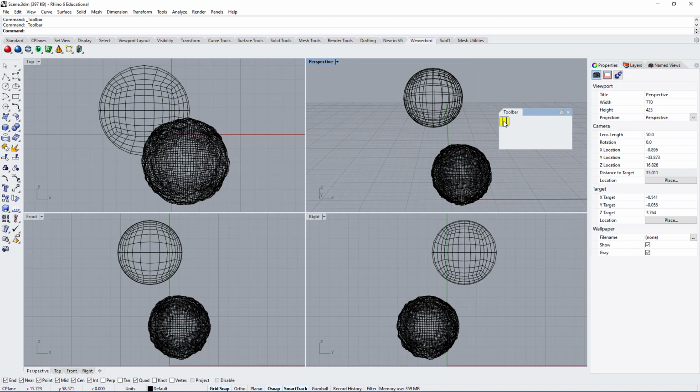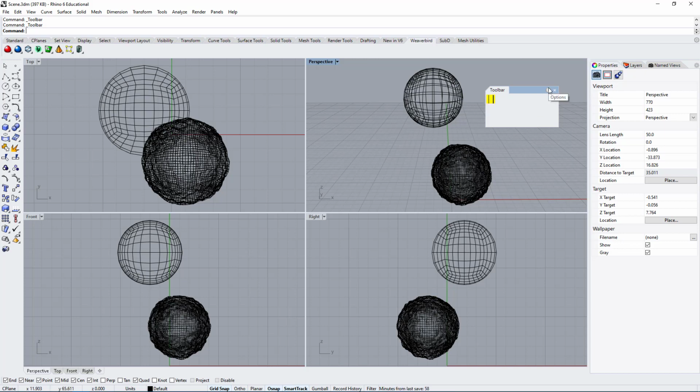Now if you hover over the button, it says nothing because there's no command. It doesn't do anything. But if I hover over here, it says if you click, you will get thick on mesh. And if you do a right click, you will get an offset mesh. So clearly there's no command set to this button. So now let's look at how we can set a command to a button.